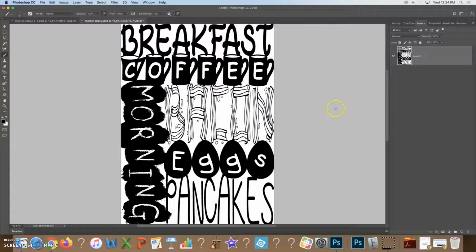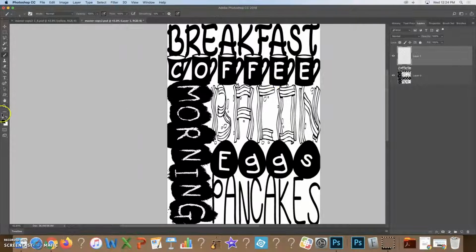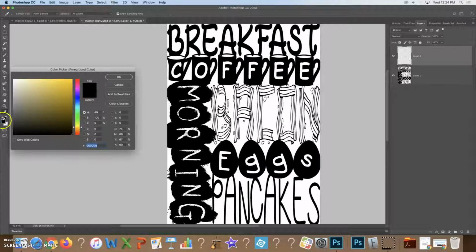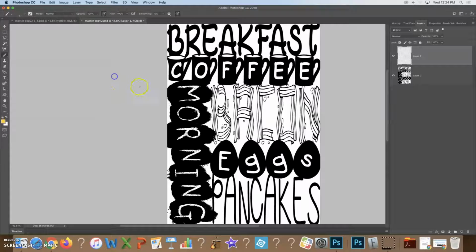Okay, now that my design is laid out and my areas are blocked for color blocking, now it's time that I can start adding my colors. So you're going to make a new layer. You are going to select a color. So you're going to go to the foreground color picker by clicking on that first box. And let's say that I want to go with a nice yellowish, orangish color, kind of representing maybe like egg